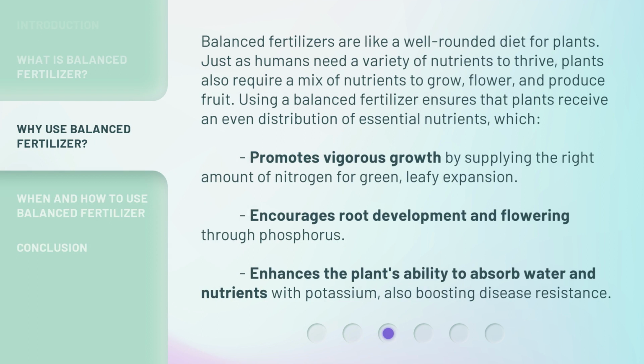Balanced fertilizers are like a well-rounded diet for plants. Just as humans need a variety of nutrients to thrive, plants also require a mix of nutrients to grow, flower, and produce fruit. Using a balanced fertilizer ensures that plants receive an even distribution of essential nutrients, which promotes vigorous